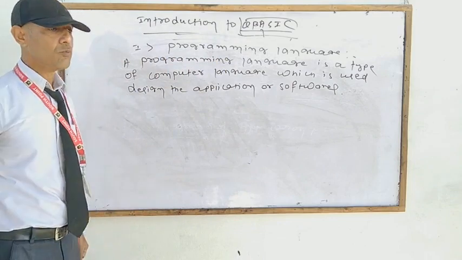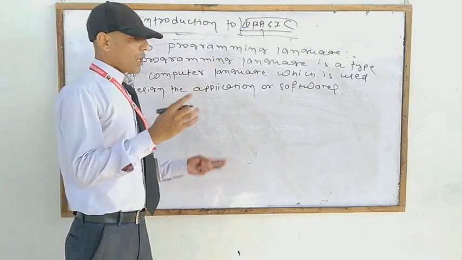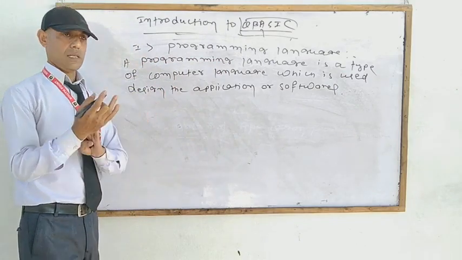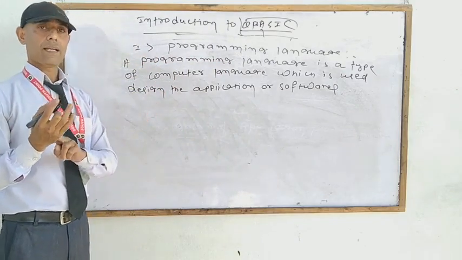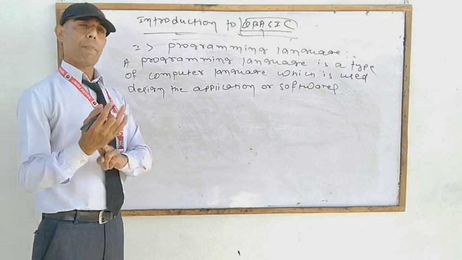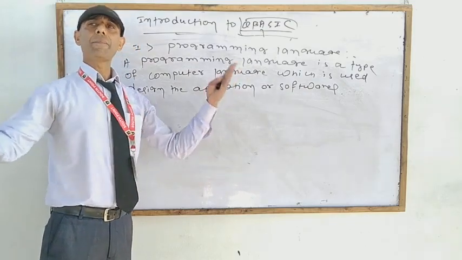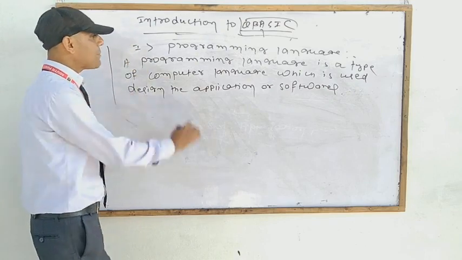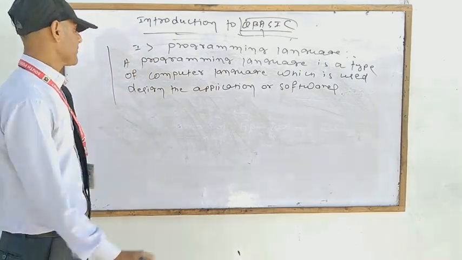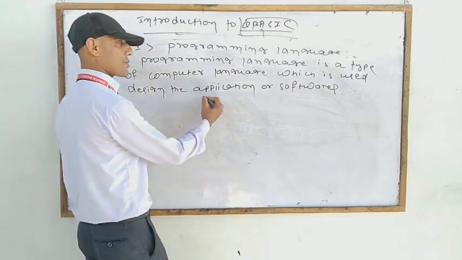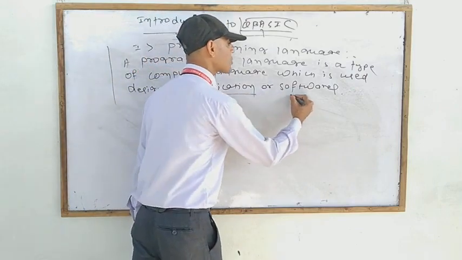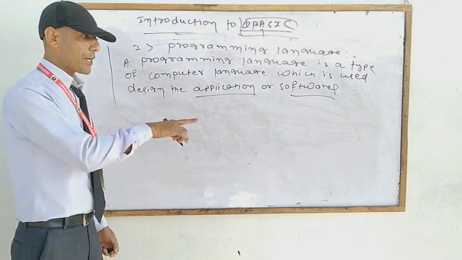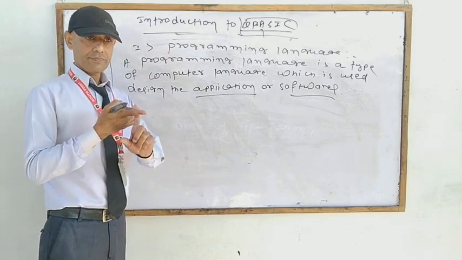Students, one thing you must need to know. You are working on different platforms of programming, like QBasic, C, C++, Oracle, Visual Basic, Java, Python, millions of programming languages you are knowing. Programming languages are computer languages which are used to design the programs and the application softwares. We all are working on computers by using Google Chrome.